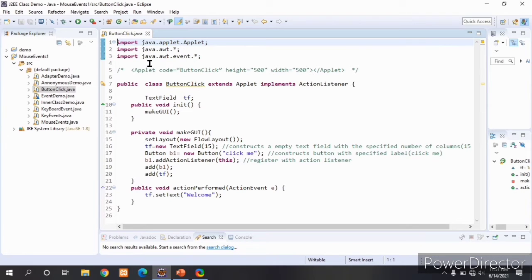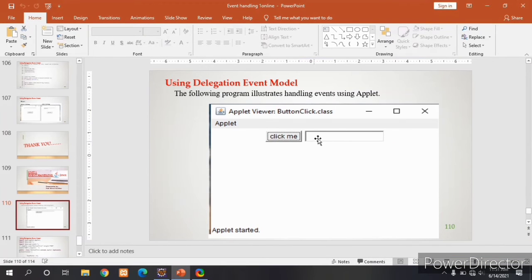Next, import java.awt.event.*. This package provides the classes and interfaces to handle the events which are generated by AWT components. What are AWT components? Here we are using a button and a text field.